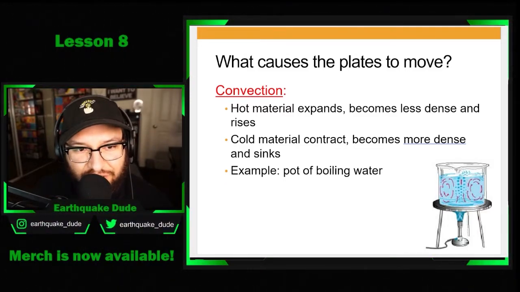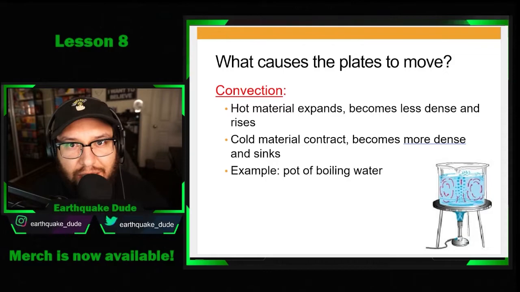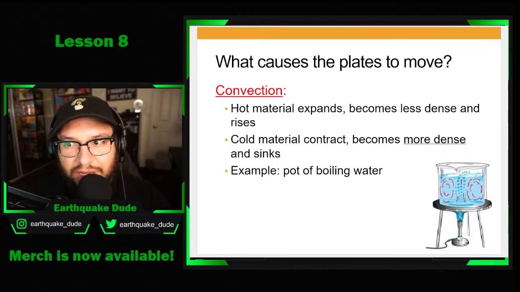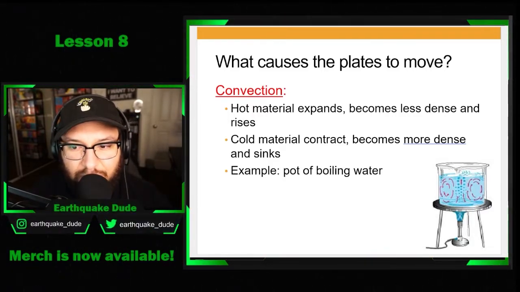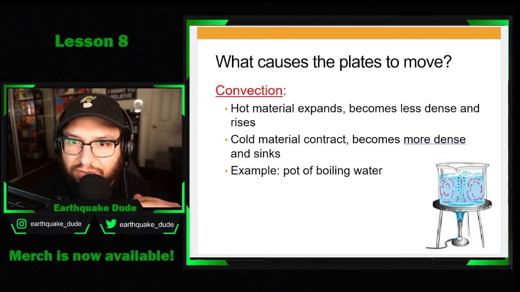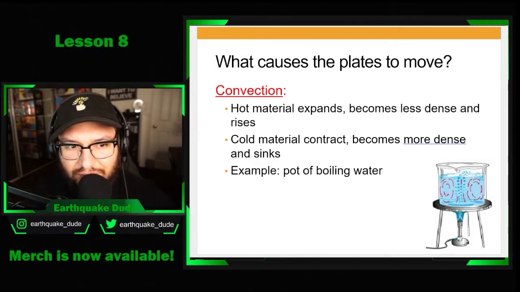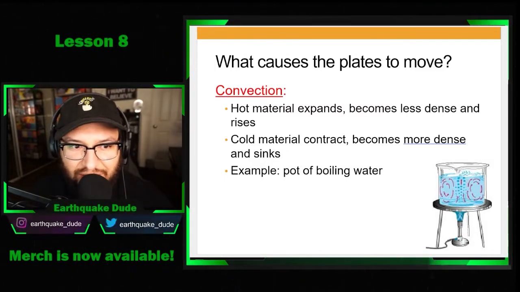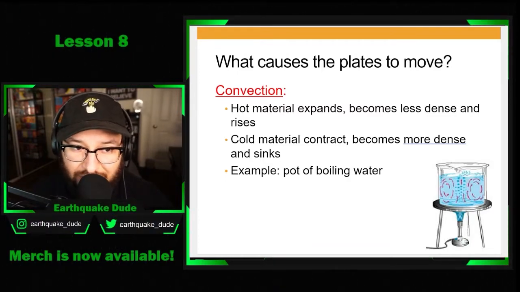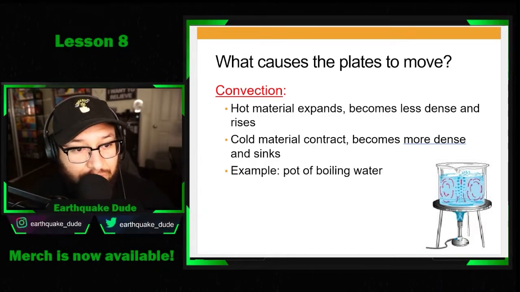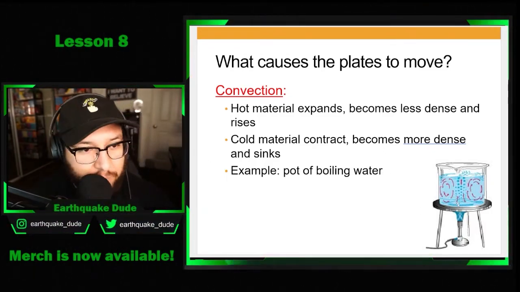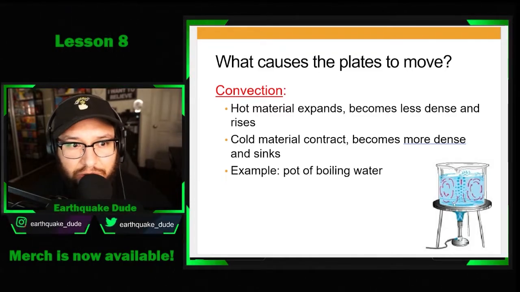Convection is when hot material expands, becomes less dense, and therefore rises. Cold material, on the other hand, contracts, becomes more dense, and sinks. On a hot summer day, you ever notice that the second floor is always hotter than the first floor? That's because the properties of heat and density are the same. Heat rises because it's less dense. Another example is a pot of boiling water, right? When you boil some water for your cup of noodles or your ramen,